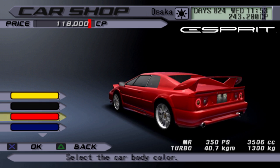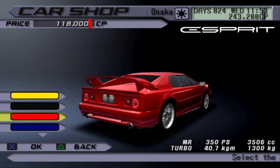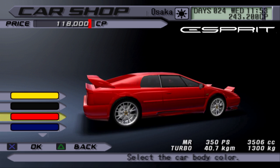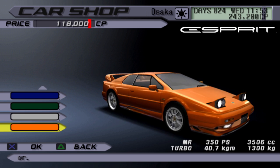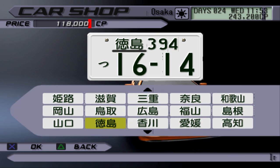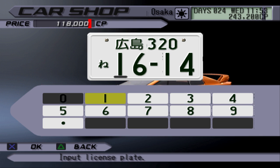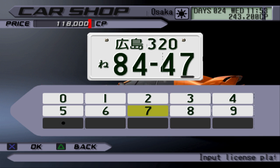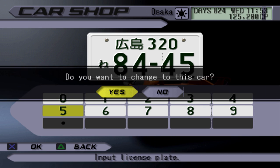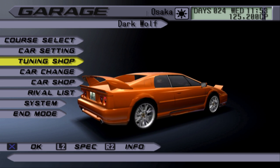Yeah. I mean, we could go with the red, that way we kind of look like a poser Ferrari 355, kind of, sort of, from a distance, fool people. But you know what, let's go with this orange. I like that orange. I don't know why in the world I am buying this car. This is a totally stupid impulse decision that happens when you have just too much money in your video game bank account. But